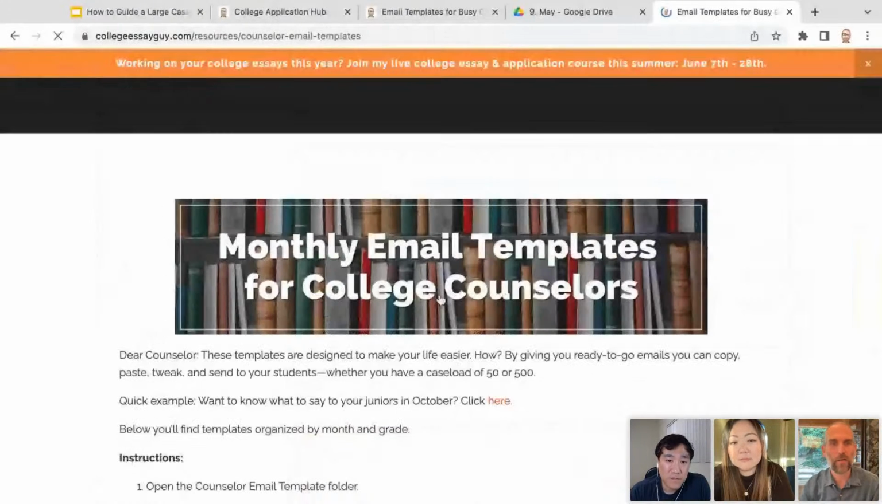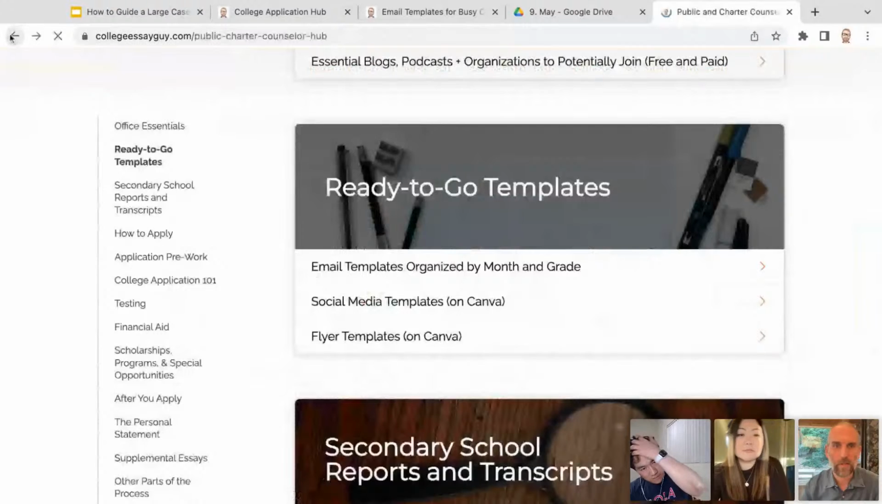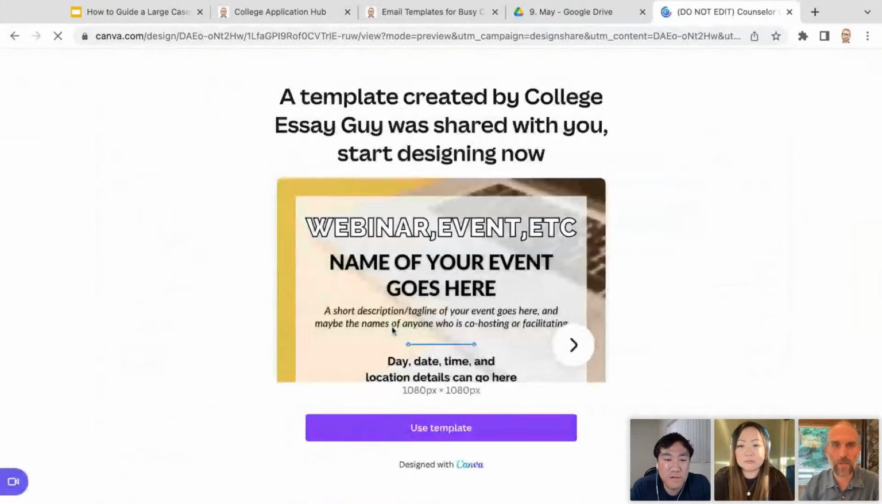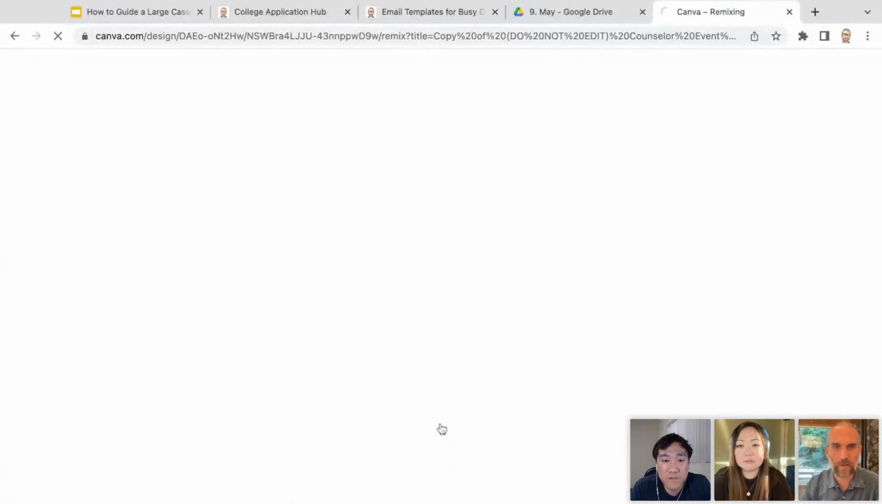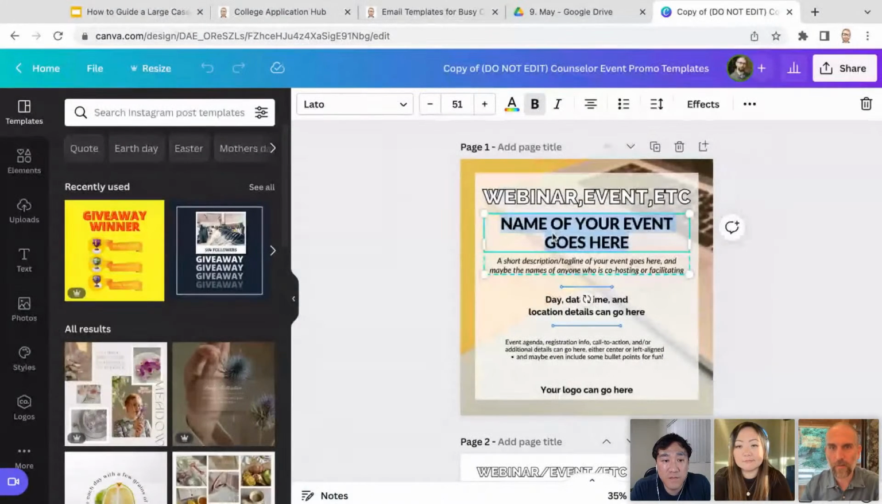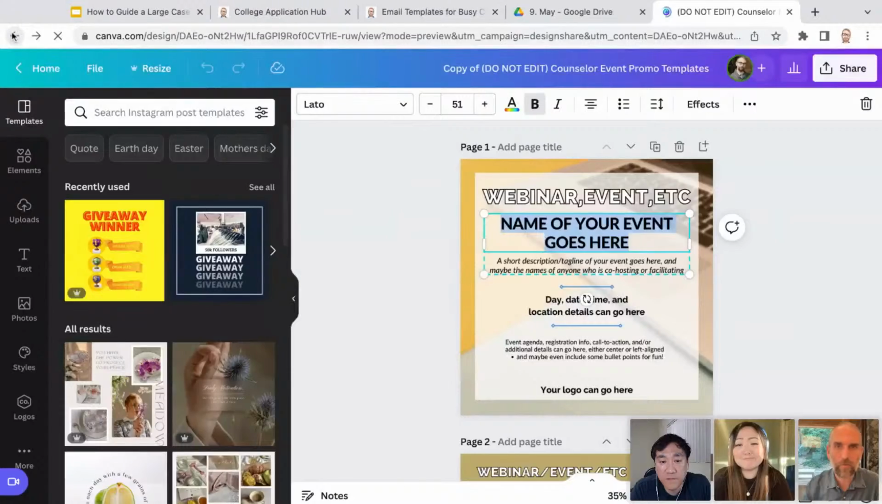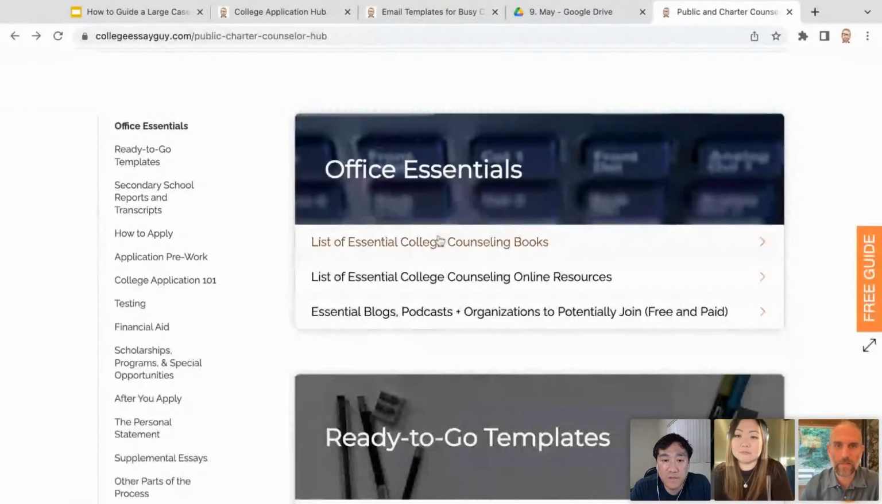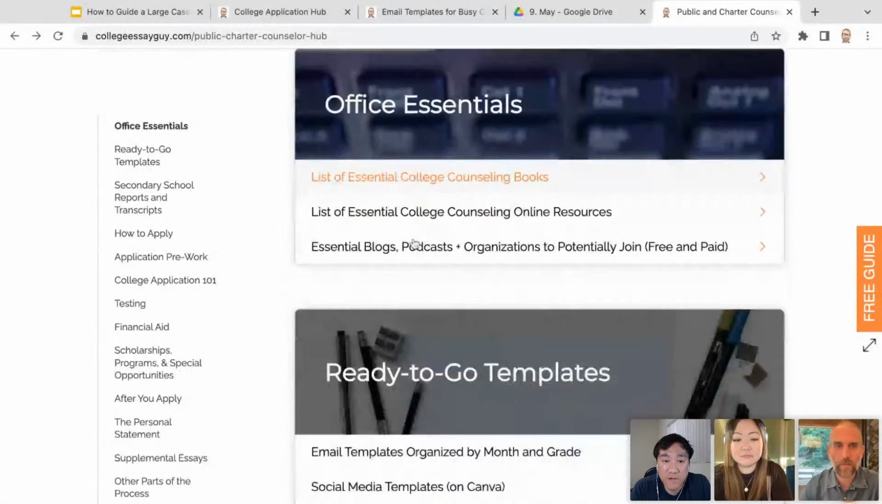If you click here, different templates. That's the email, the social media templates. So we've also got social media templates that you can use for advertising all kinds of events. All you do is you click here, you change the name of your event right there, instantly. Also, if you happen to be a counselor who's just starting out and you're trying to figure out what counseling books do I need, we've got a big list of recommended counseling